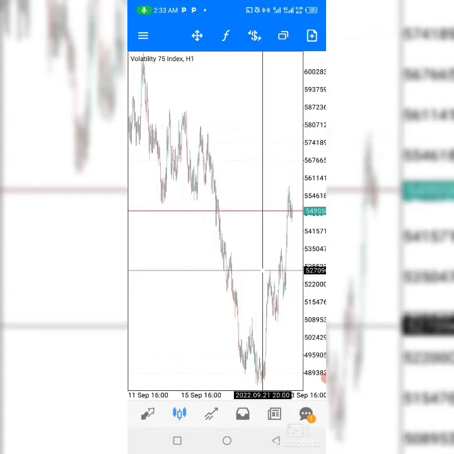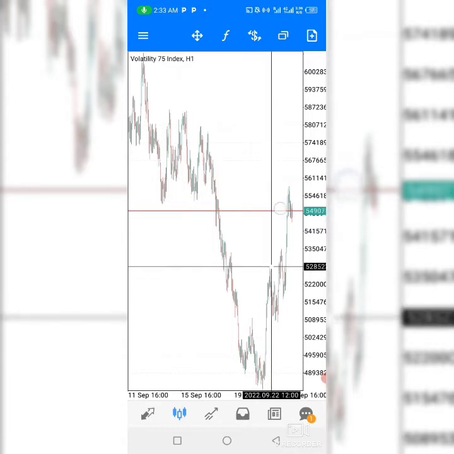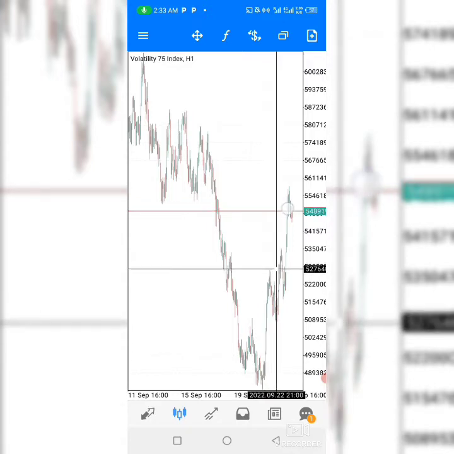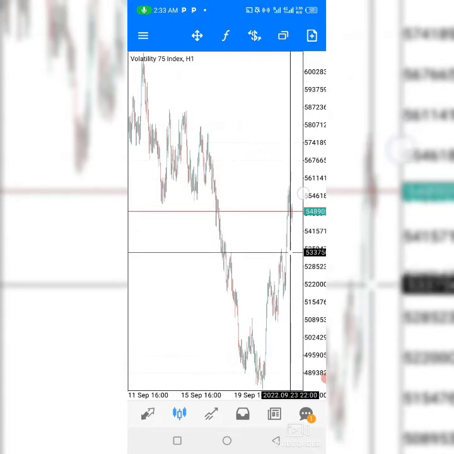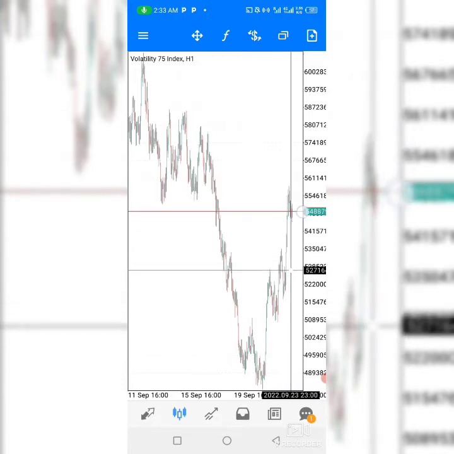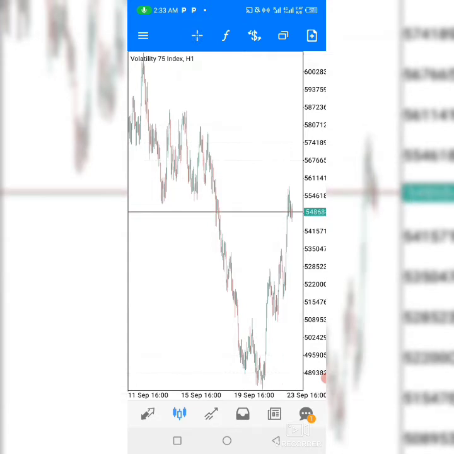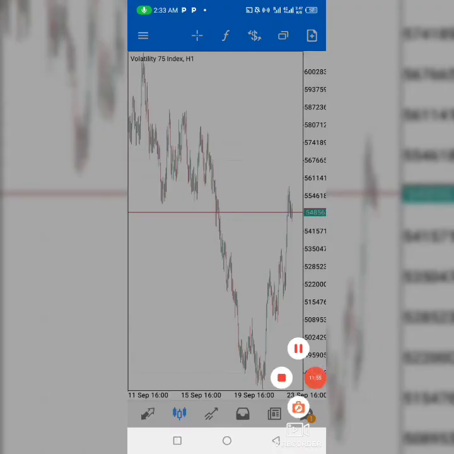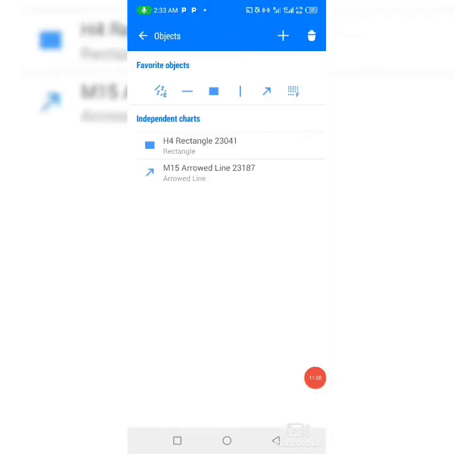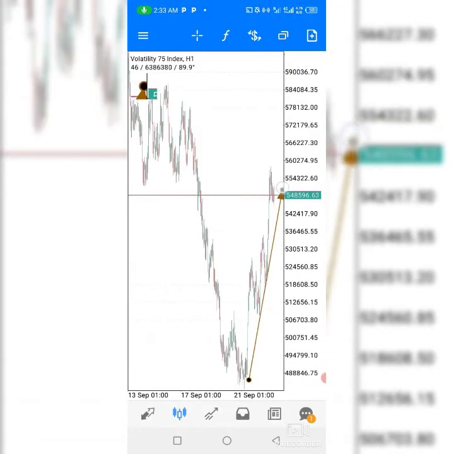And you know that a higher high on H4 is going to be great. It's making higher highs. Now, if you look at the price action, it's an uptrend. Higher high means uptrend. So if I pull out my trend line, or let me use an arrow line,